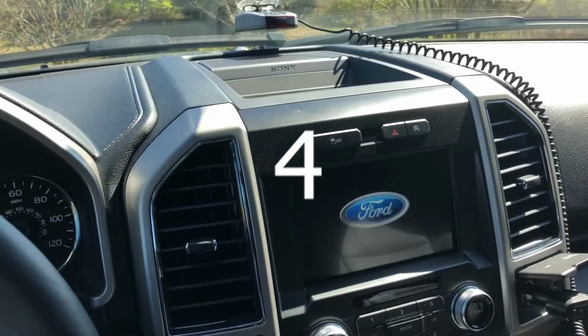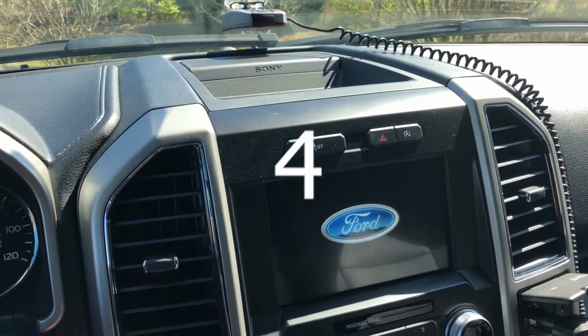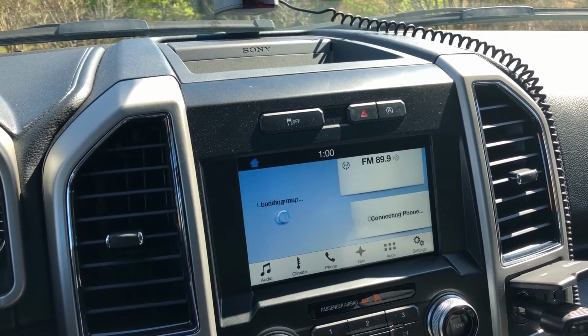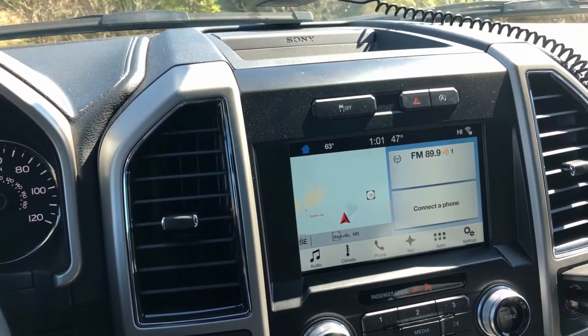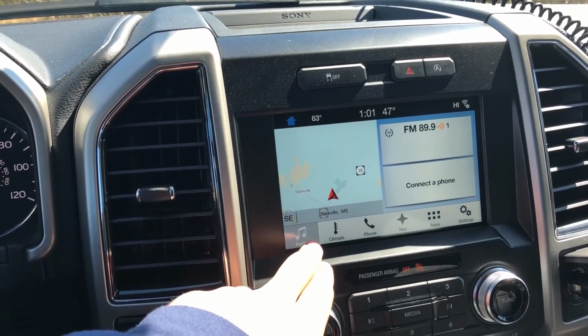And the next thing I'm not a big fan of with this truck is the graphics. All right, let me turn on the truck so you guys can see. So I'm not a big fan of the graphics here. I don't think that they're particularly bad, but I just think that they're a little bit boring. I think Ford could have spent a little bit more time spicing this up,